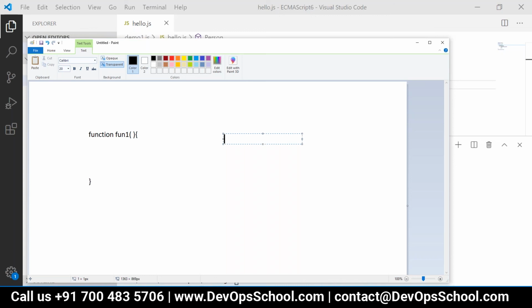Yes. If that function is supposed to work on those input parameters, those must be passed. And if that function does not take any parameters, then that will be just a pair of round brackets. Whatever is required, we'll keep it. So these are the input parameters if required, otherwise blank.